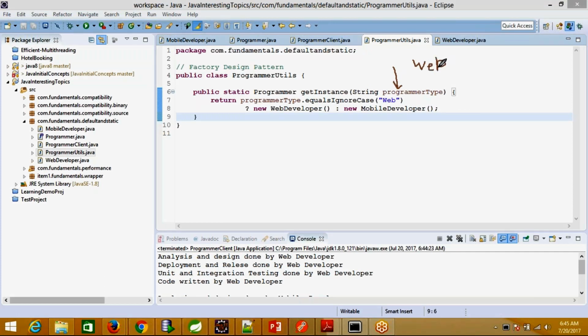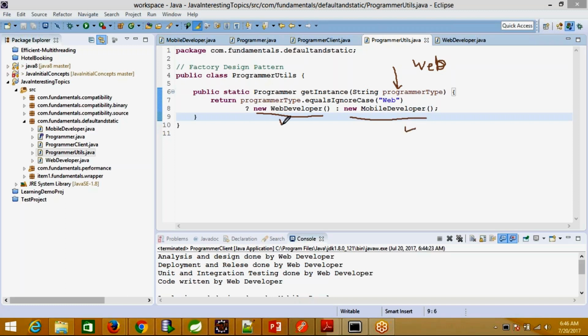So say for example your client program passes "web" over here. The logic has been implemented using the ternary operator. The type is checked, and in this example, if "web" has been passed, then it will create an object of the web developer, and if something else is passed to this method, then mobile developer would be returned from this class.